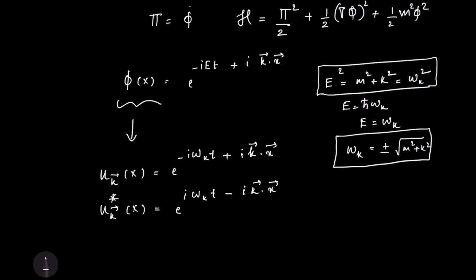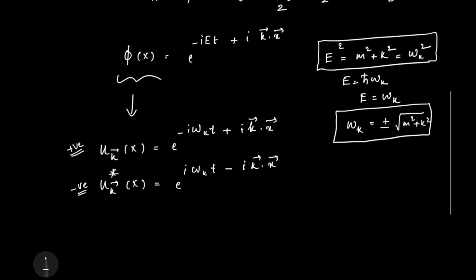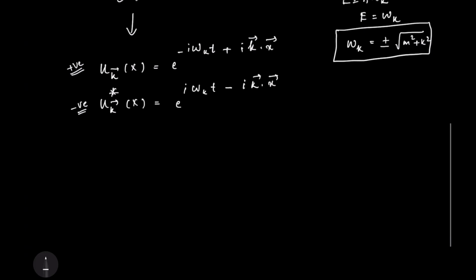Okay, so this is the positive energy solution and this is the negative energy solution, and the complete basis is formed by both uk and uk star. So using the basis, the most general classical solution for phi of x is given by